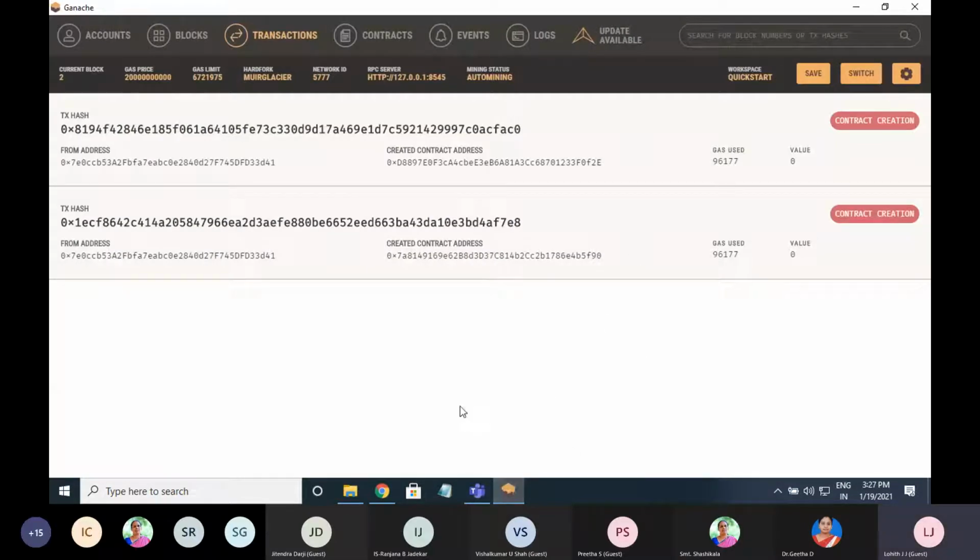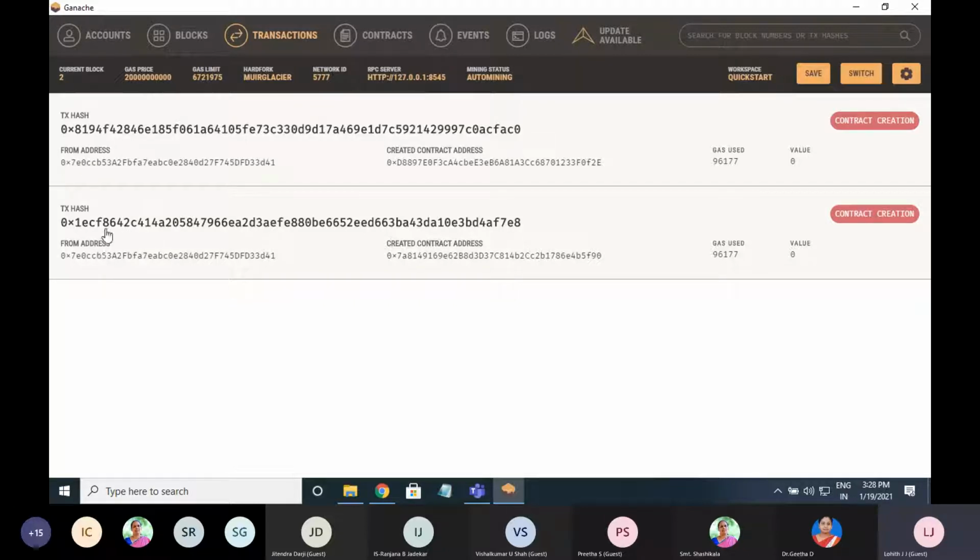Another difference you have to understand here is that whatever the from address may be, or even if the same account is deploying that contract, every time it generates a new contract address. That is very, very important here. Practically, understand this: now I am deploying this, so this will be my address.